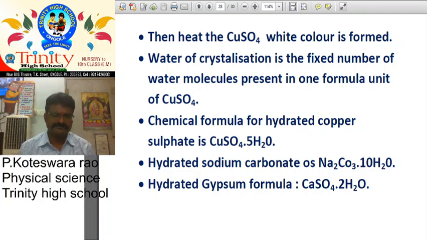2 water molecules. Sir, what is the definition of formula unit? Formula unit is not here, but once again we can recall it. A formula unit, that name implies, is a unit of ion, atom or molecule corresponding to a given formula.